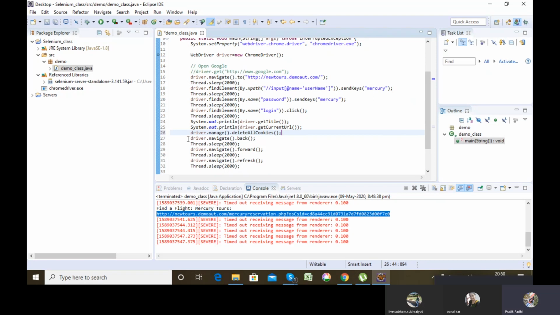Okay, sir. One more thing you must be noticing is that once the execution is done, it is not done in a full browser. It is in a minimized mode. Let's see, now you'll notice because I told you. For that there is also an option which I'll be adding.